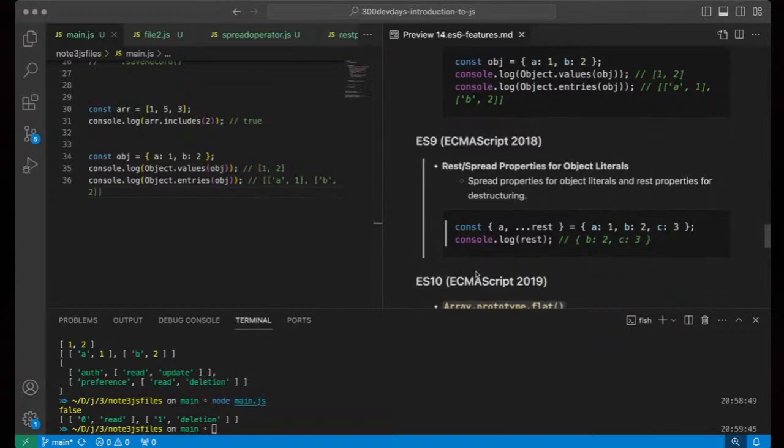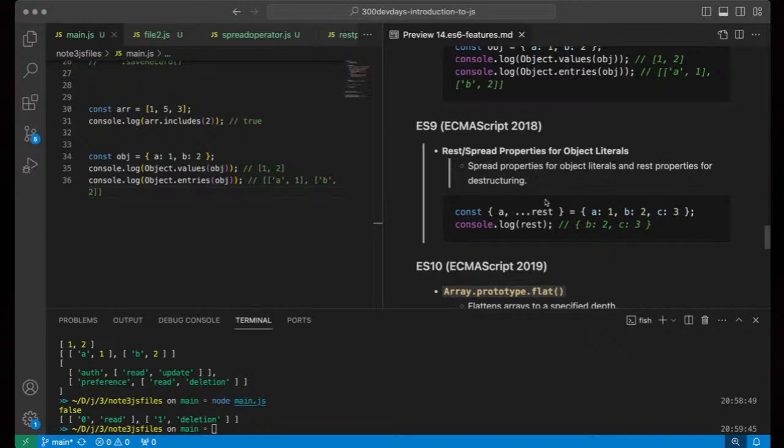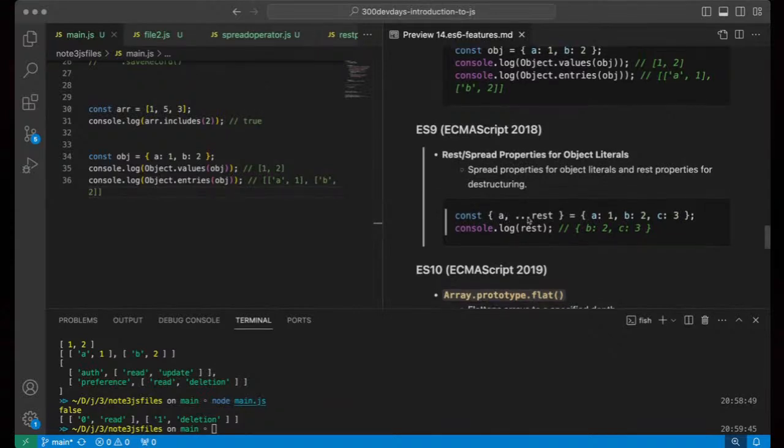Okay, so we have this. We have the ability to perform a combination of using the rest and the spread properties for object literals in ECMAScript 9, which is ECMAScript 2018, basically, right? So we can do things like creating a new variable right here, a new constant, by the way, right? And then we are expecting some sort of unlimited number of params, right? Now the thing about this is